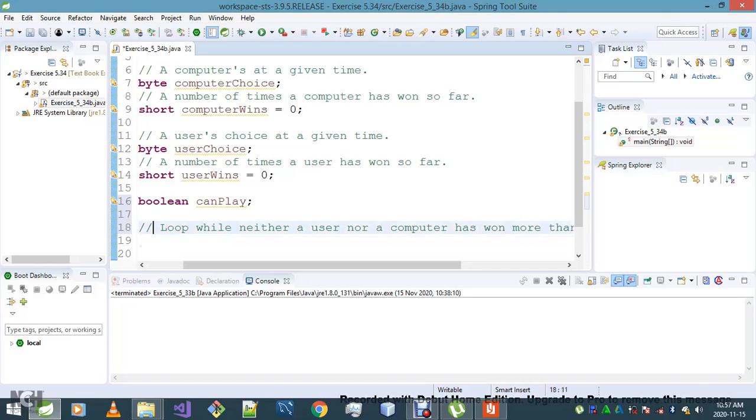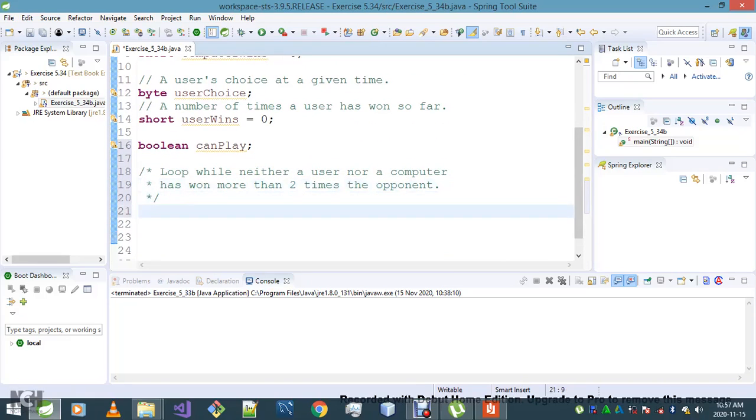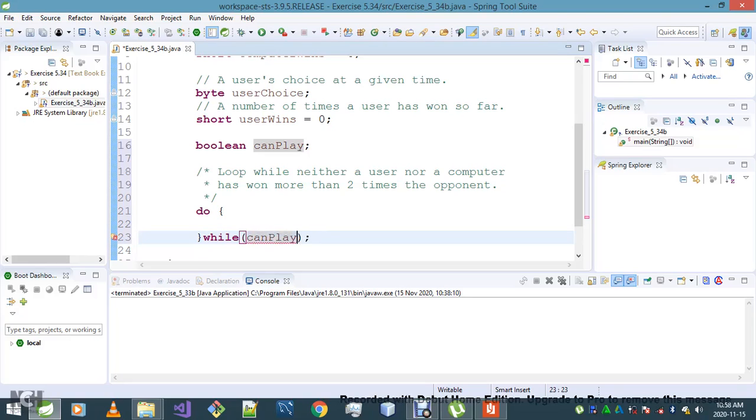I don't know, perhaps I should make this a multi-line comment. And unlike before, today we will get to use the kind of a loop that we're not used to, that we haven't been using often, and that is the do while loop. So I'll keep continuing while we can play. I know that will give us a compile error, but